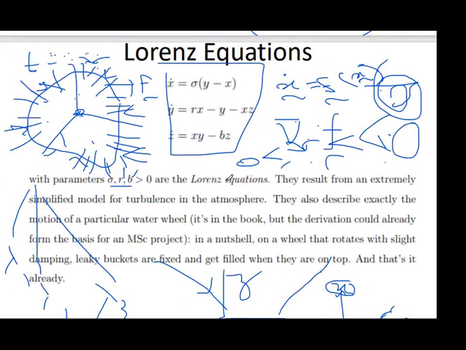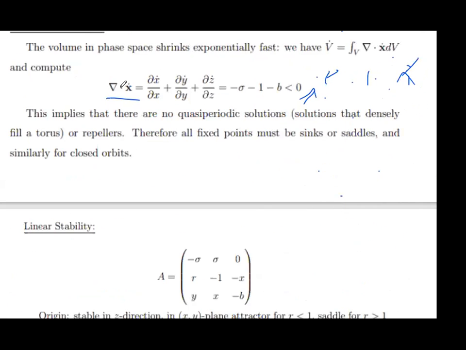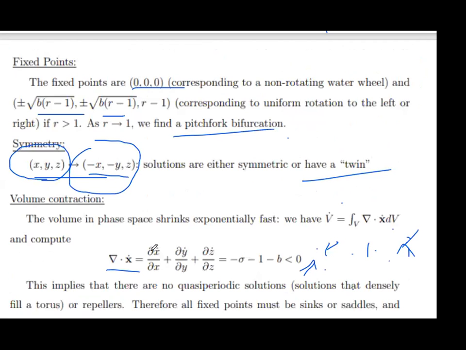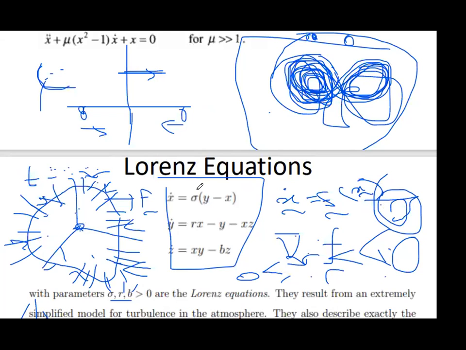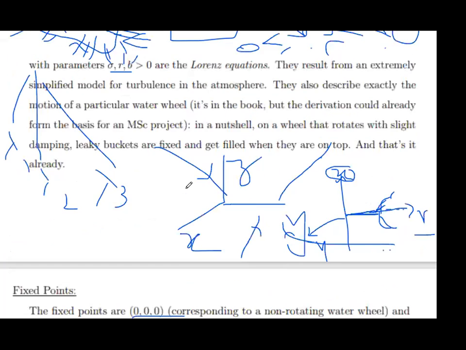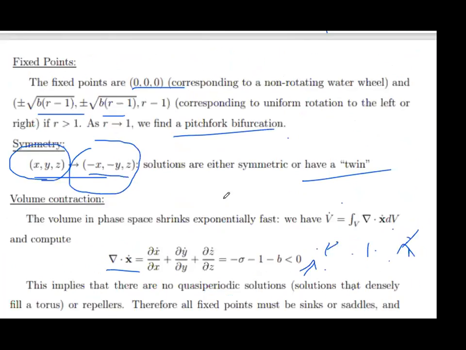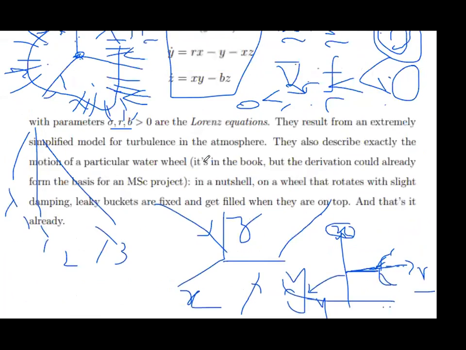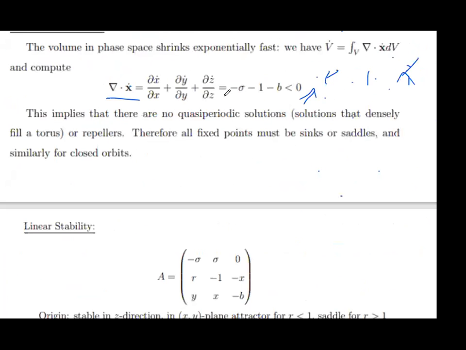So the Lorenz system is dissipative because the divergence of the field f, the vector field, is negative everywhere. This is true for all points. Here x dot, the partial of x dot with respect to x, is negative sigma; the partial of y dot with respect to y is negative 1; and the partial of z dot with respect to z is negative b. So this is a negative quantity. For any point, the divergence of the vector field at that point